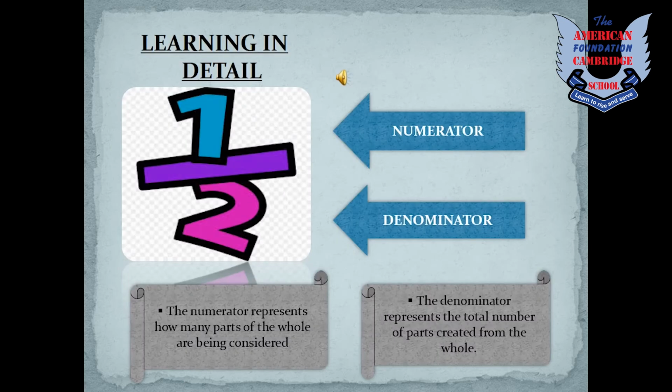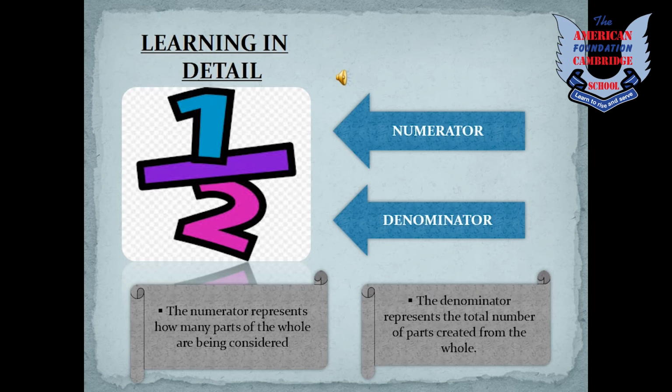Now, kids, as we have signs for everything, like for addition there is a sign, for subtraction there is a sign, for multiplication there is a sign, and for division there is a sign as well. So you can recognize a fraction by the slash written between the two numbers that you can see on your screen. We have a top number called the numerator and a bottom number called the denominator. For example, 1 upon 2 or 1 slash 2 or half is a fraction.